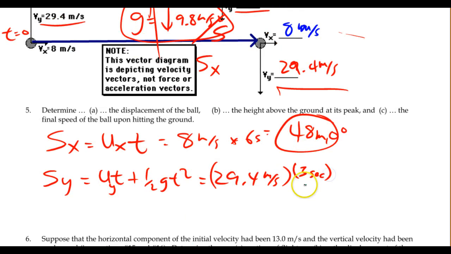Notice that's also 1/2 of the total time. Again, symmetrical. We're going to reach the peak at the halfway point, plus 1/2 of g. Now you got to keep in mind that if you say this is positive, we're moving up